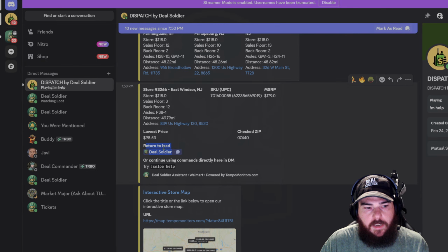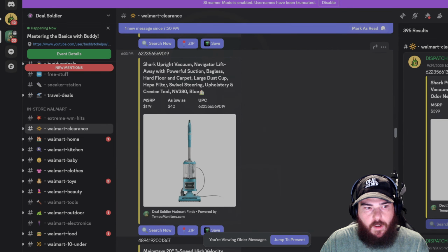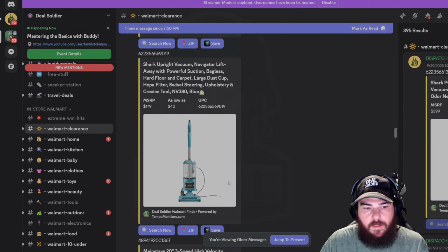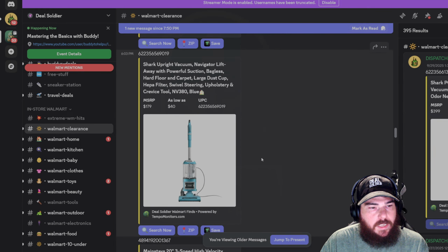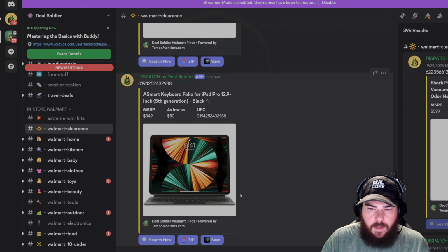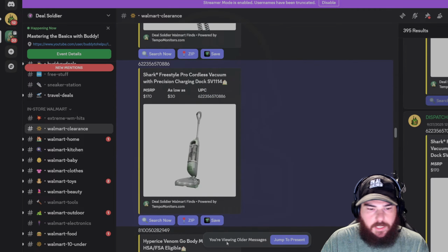So if I click return to lead and I click the Steel Soldier chat, that'll actually take you to the item that you scanned. So even though this is an old item that was posted 9/22, a couple of weeks ago, it'll take you back to the item instead of taking you to the most recent. Is that kind of what you're looking for, Soul? And then I can keep going, searching older vacuums.